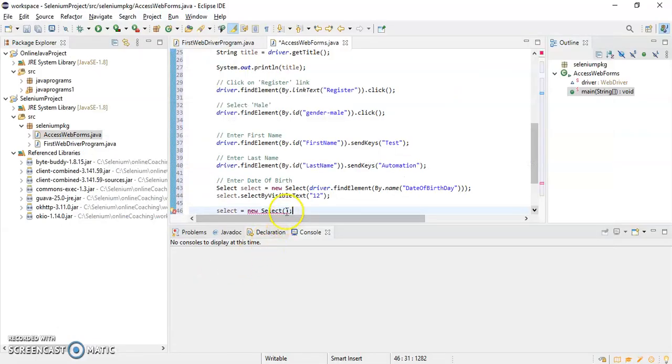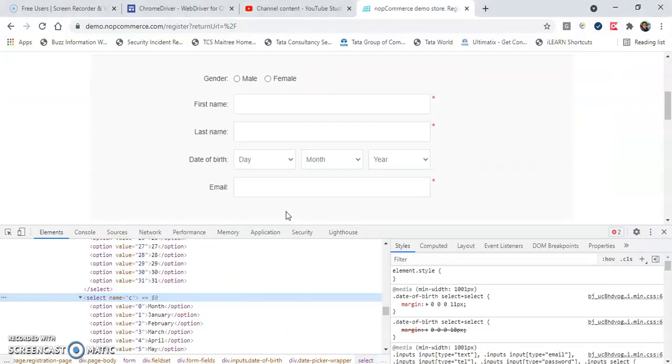So I'll write here driver dot find element by dot name, and I'll give here date of birth month.